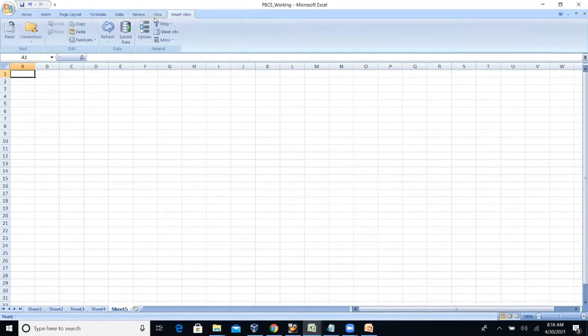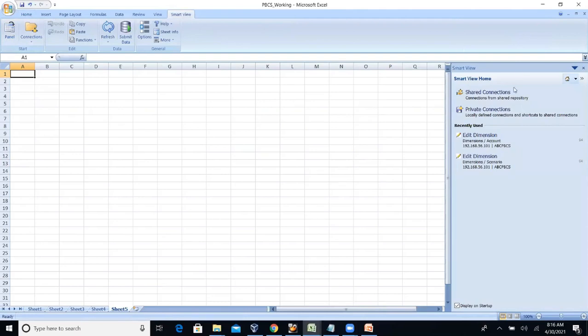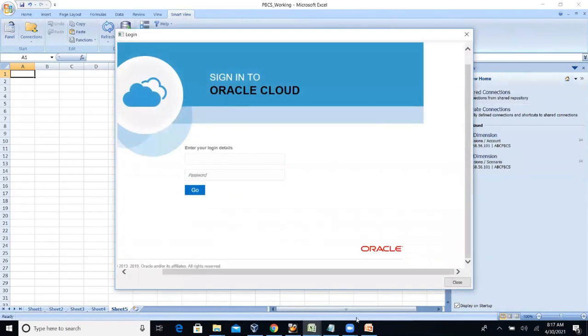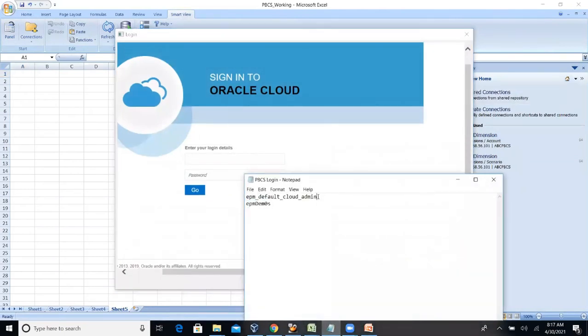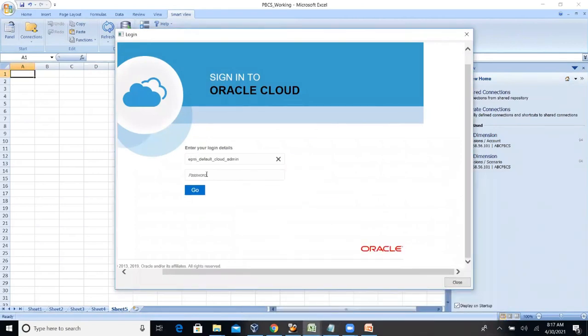Once we install SmartView, it will show SmartView. Click on panel. Panel is there. Click on shared connection, and it will ask for username and password.